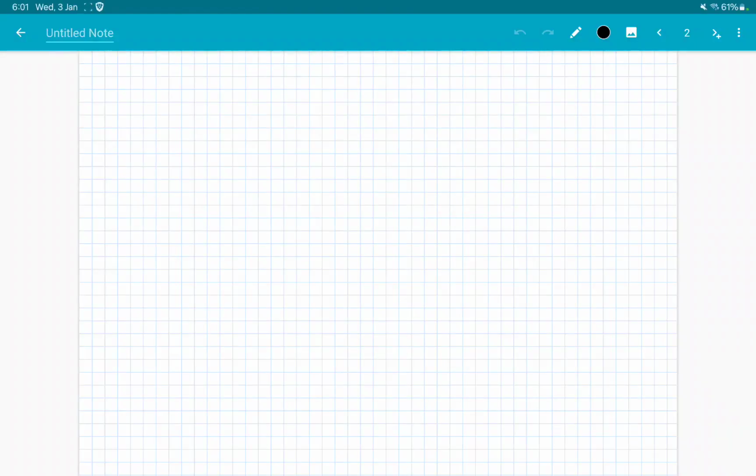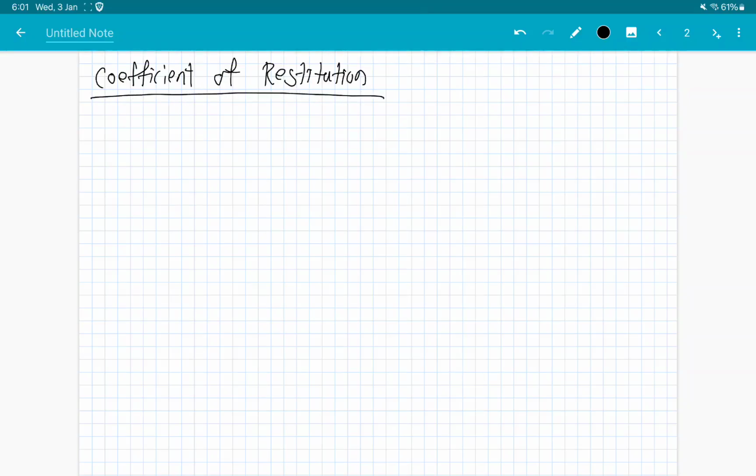I'm going to talk about the dynamics chapter of coefficient of restitution. So generically, the idea, what is coefficient of restitution, is that I would say it is the ratio of